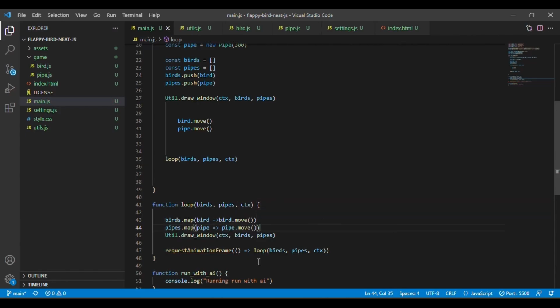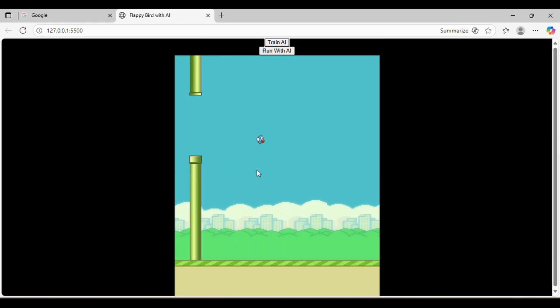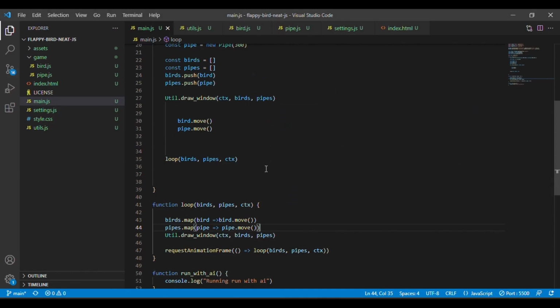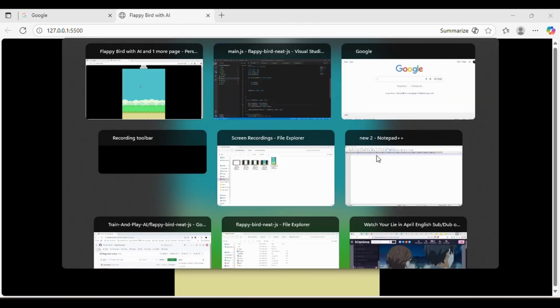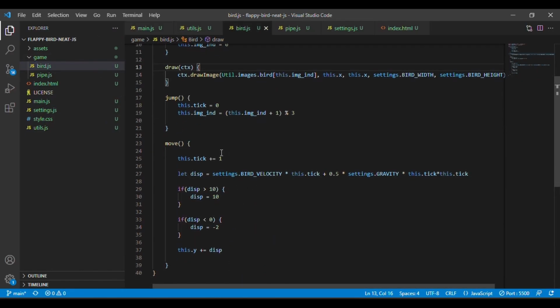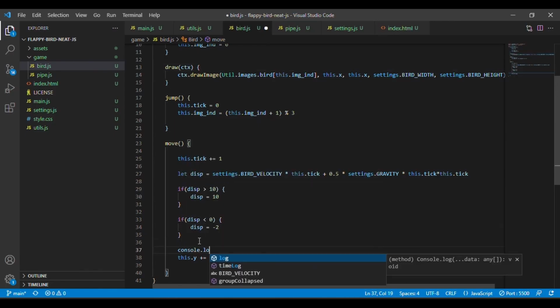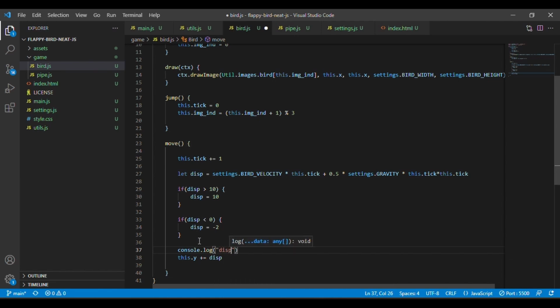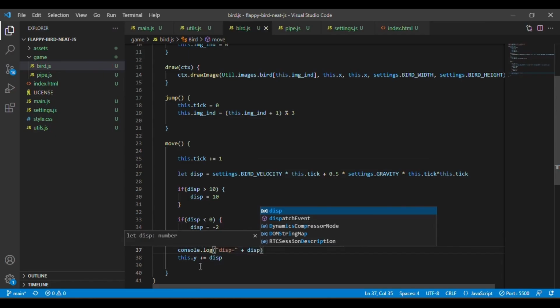Do we have just one pipe here? Now let's see. If I go here, click on train AI, so it is moving. So the pipe is moving, but we don't see any movement on our bird. There is no error, but the bird did not move. Let's see why. Let's add some debugging logic to see why our bird did not move. So whenever move is called, let's see console.log, and let's say displacement equals, so let's see how much displacement is coming,